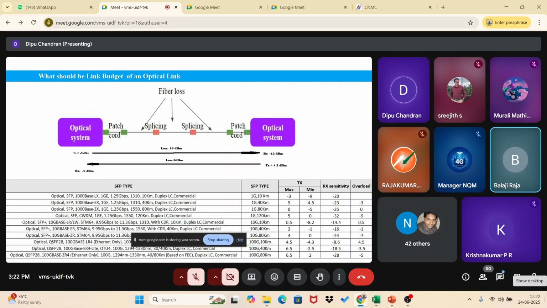Sir, if suppose in port 1 you are using a 10 kilometer SFP, and in port 2 you are using an 80 kilometer SFP, how do we calculate the receive sensitivity, sir? It's similar, because